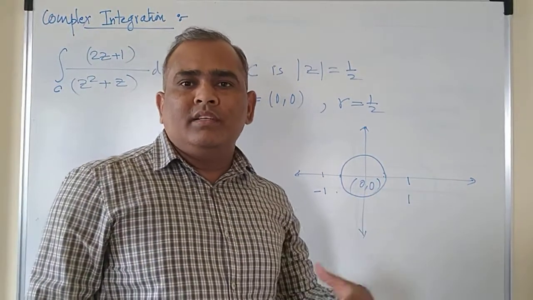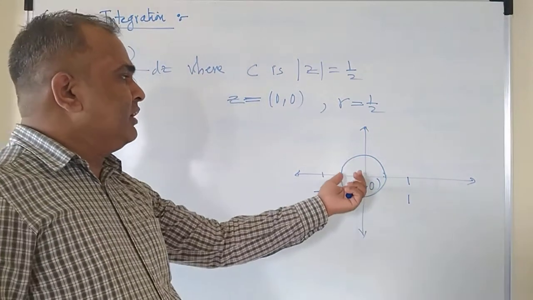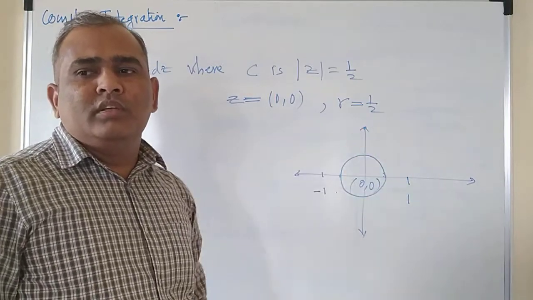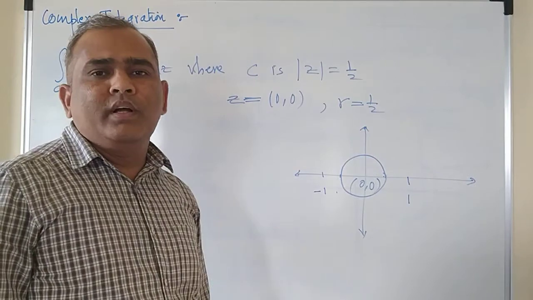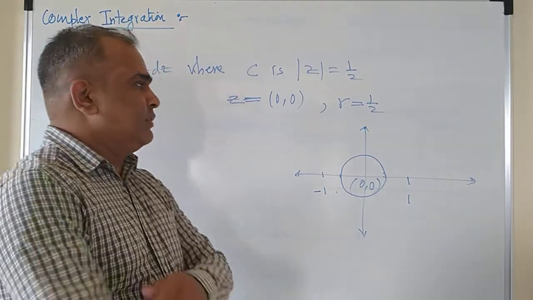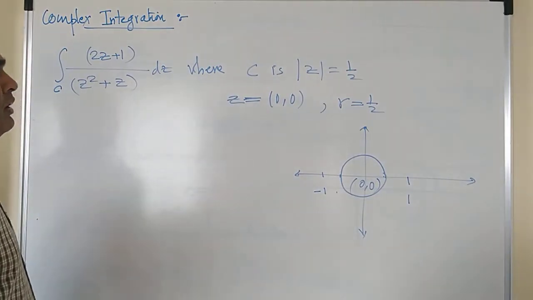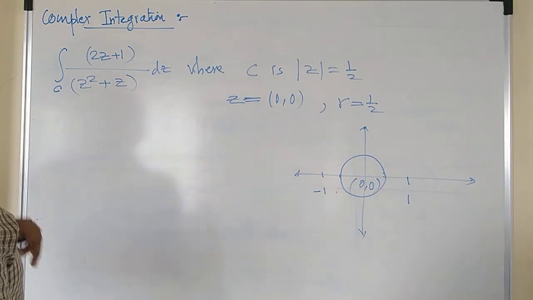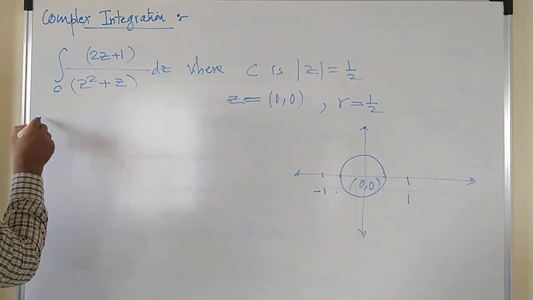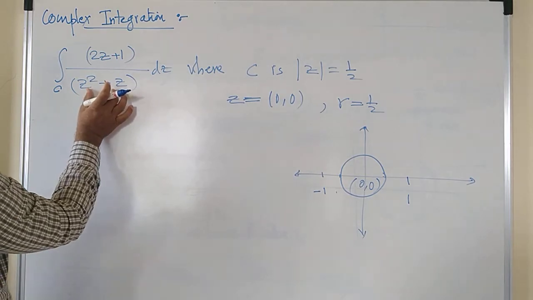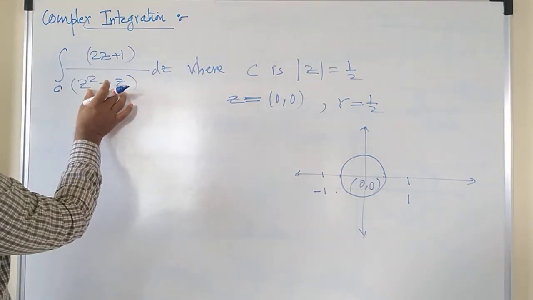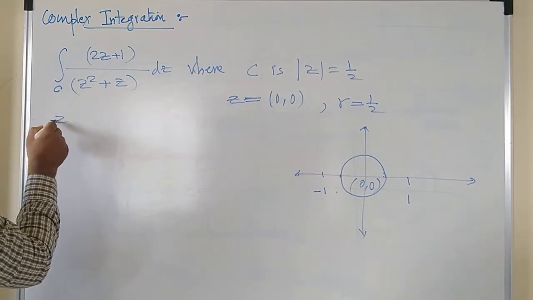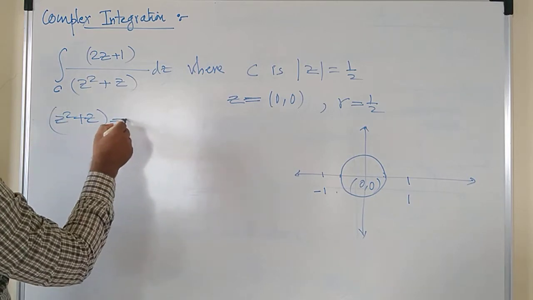And whichever singular points are inside the given contour, for those points only you are supposed to solve the given integral. If some of the points lie outside the given contour, you need not solve the problem for those points, right? Now if this is known to us, let us calculate the poles, right? And to calculate the poles you should always equate the denominator with 0, and that will give you the poles. So I will equate the denominator with 0.